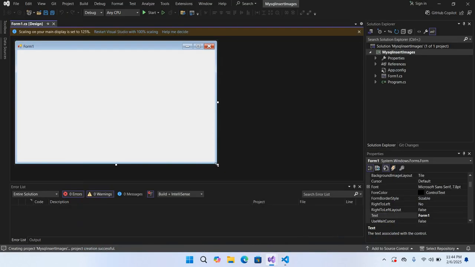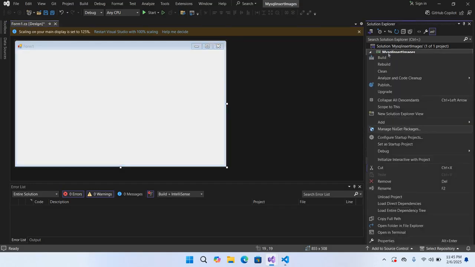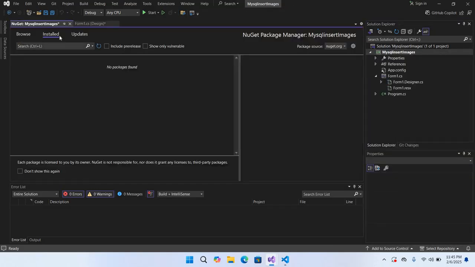So first we will add the dependency for MySQL. So for that I will come to this solution or to this project. Right click on this and go to manage NuGet packages. Now here it is on the install tab. We will go to this browse tab and here we will search for